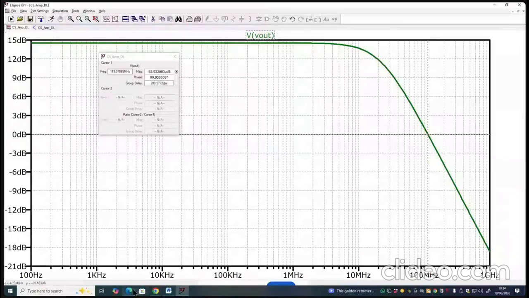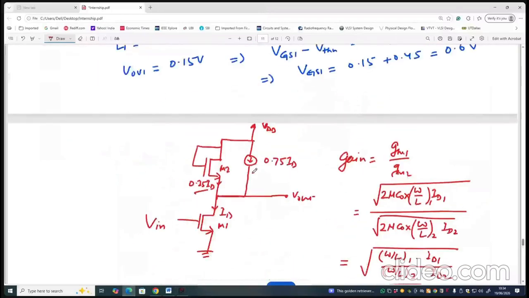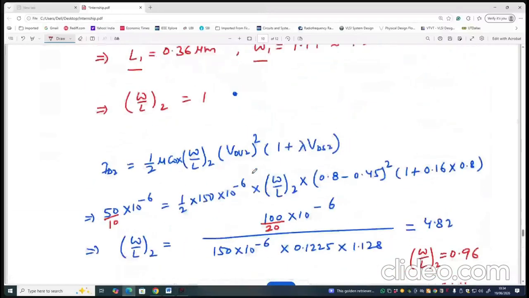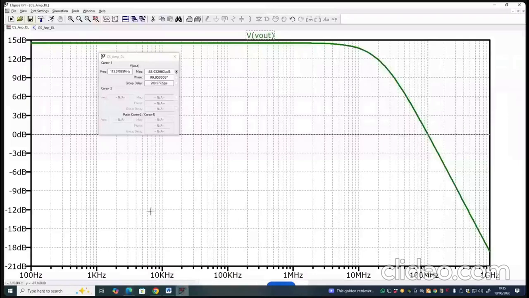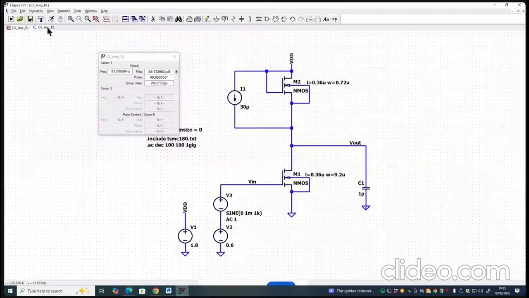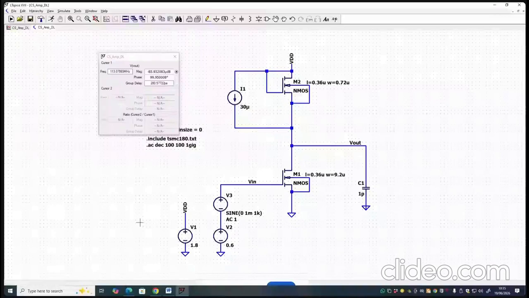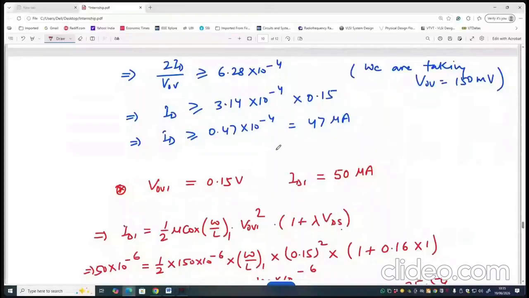The gain bandwidth requirement wanted us to have the current greater than or equal to 47 microampere. I think I did some calculation. Yes, here. Right now, the current that we are having is 46.1 microampere. But you shall also be aware that this 47 microampere current we got with an overdrive voltage